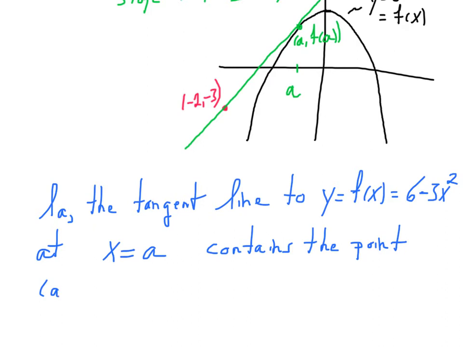a, f of a. Actually, let me write that down in more detail. a, f of a, and what's a, f of a in this case? That is a, and what's f at a? Well, f of x is 6 minus 3x squared, so f of a is 6 minus 3a squared. Okay, so L sub a contains the point a, comma, 6 minus 3a squared, and has slope